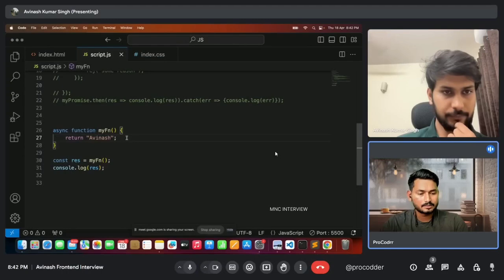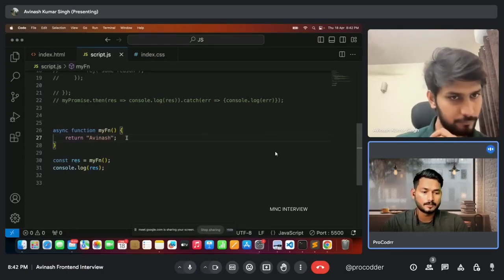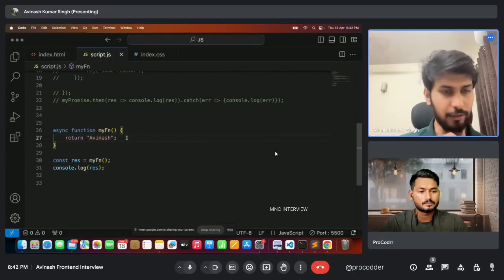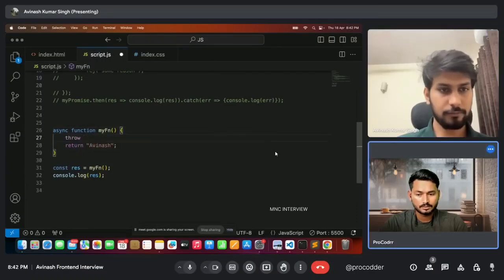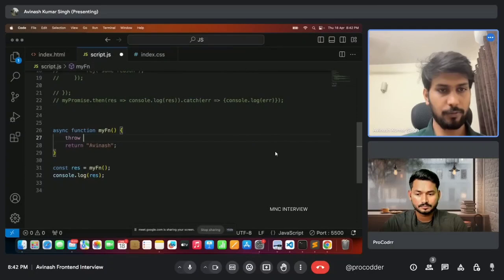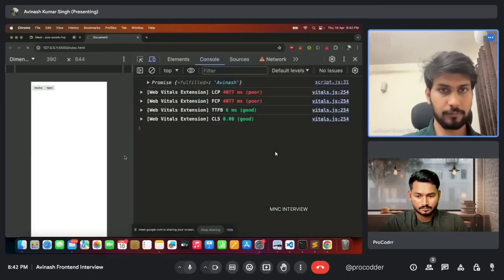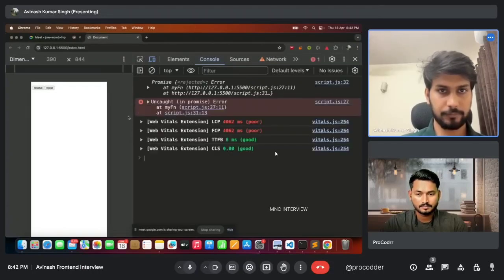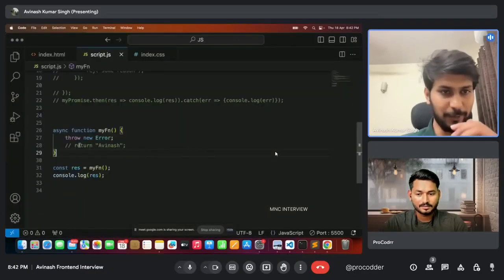So first make it reject. First, how will you reject it? Let's forget about pending. How should I reject? How will I reject it? I can always throw an error. Yeah, you can throw an error. Throw new Error, and this will be rejected. Yes, but that is the rejection case. How should I make it pending?